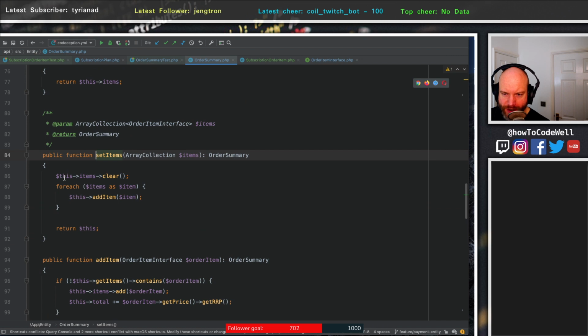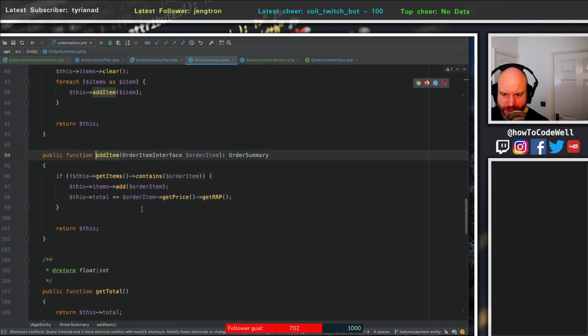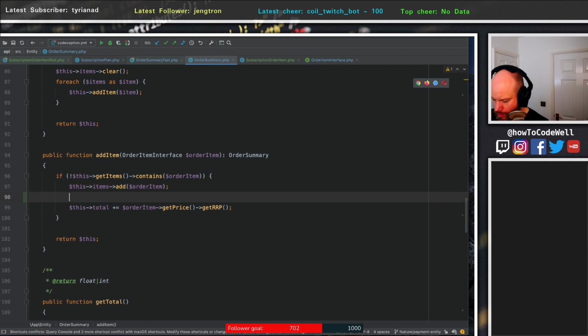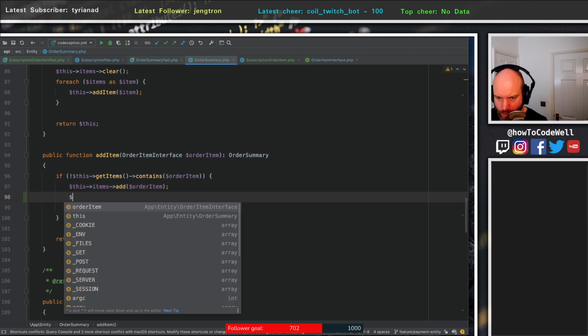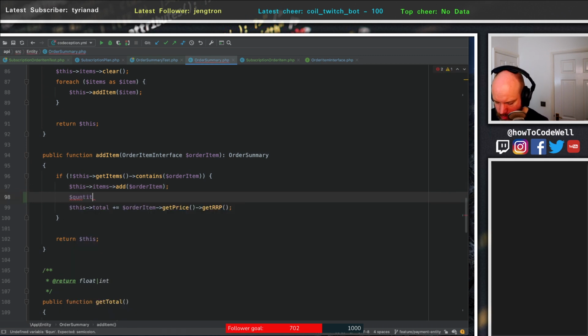When we do set items, we clear all the items down, and then we do a loop, and then we add each individual item that needs to be an order interface. So in here, what we can do is have